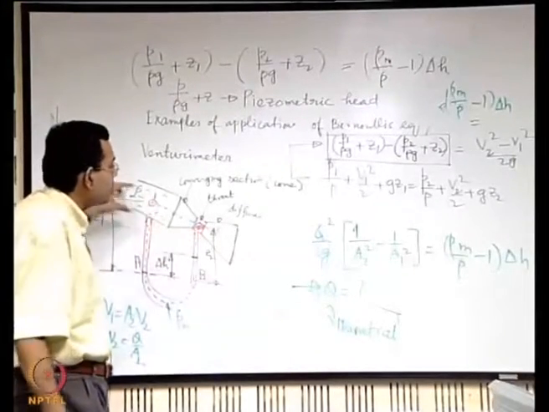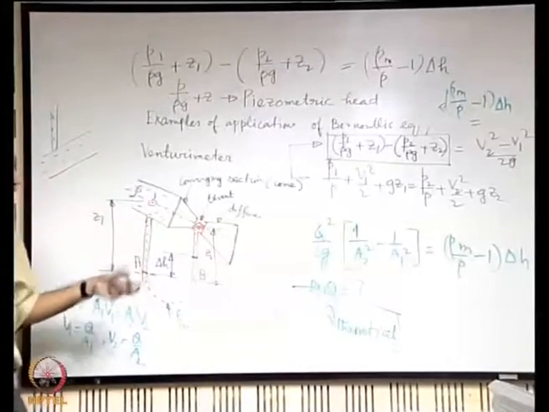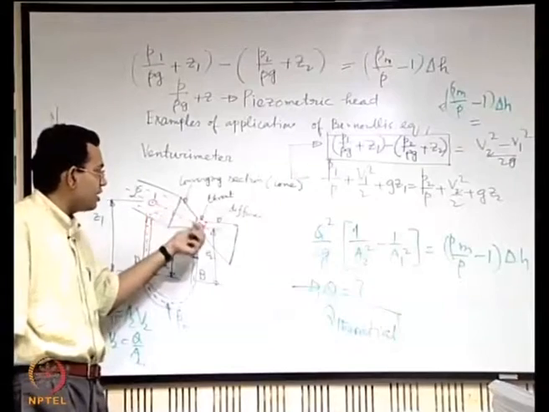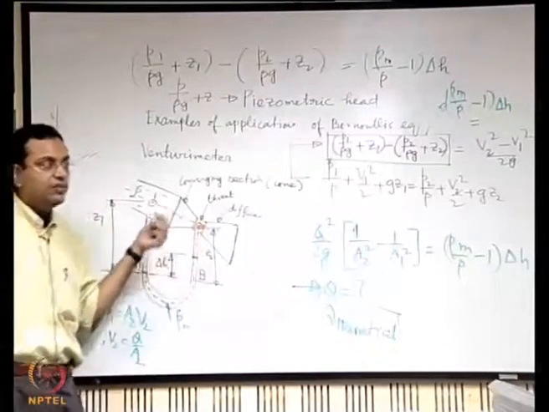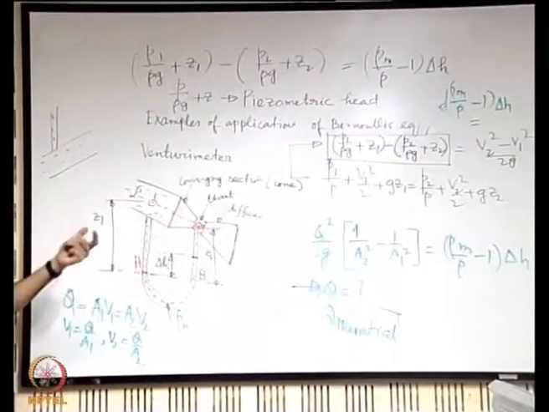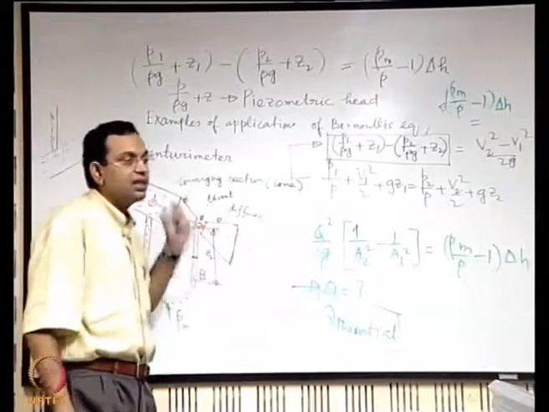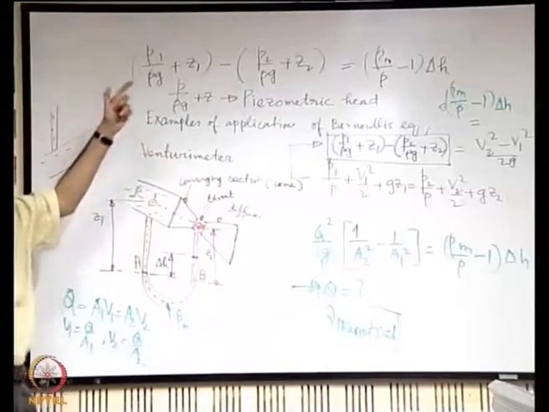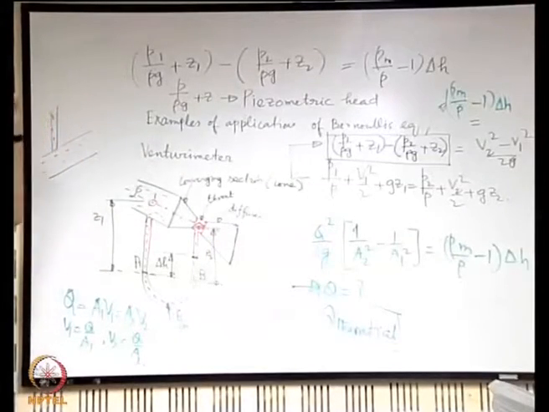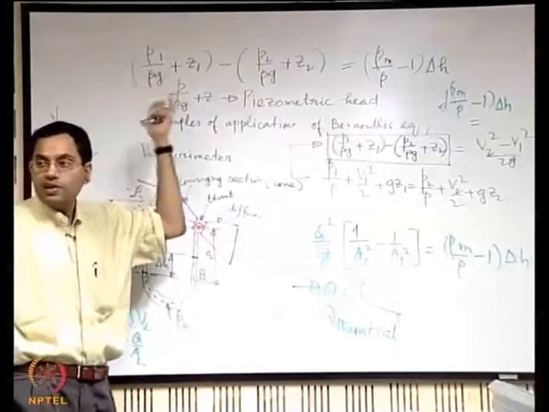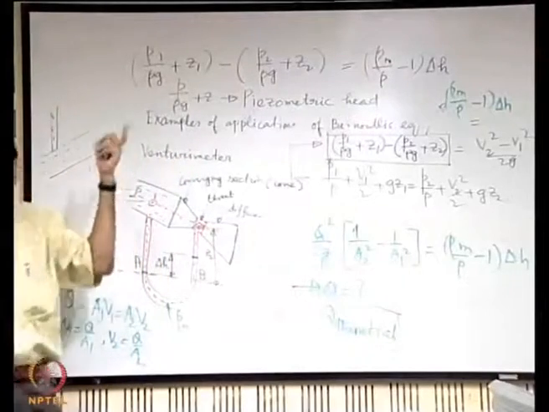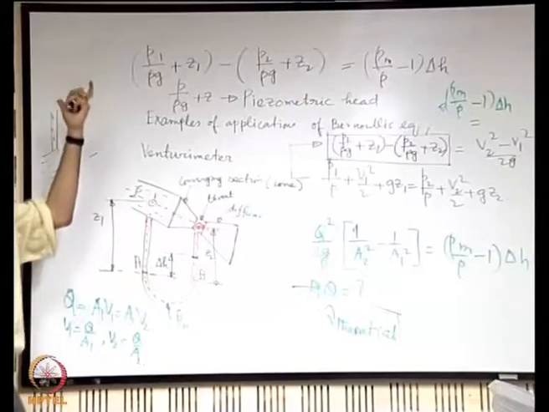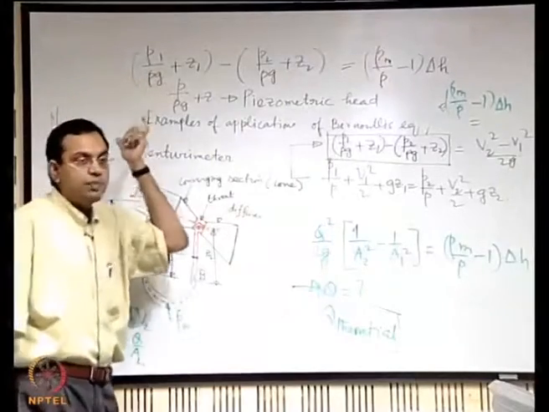The question is, why do you have such a converging section? We have seen that it gives rise to an accelerated flow, so it gives rise to a high velocity and therefore a change in pressure. We have seen that it is not just the pressure that is important, but the sum of the pressure and the elevation head together, that is P by rho g plus z. That term together is changing because of the change in the kinetic energy head, and we gave it a name, the piezometric head.